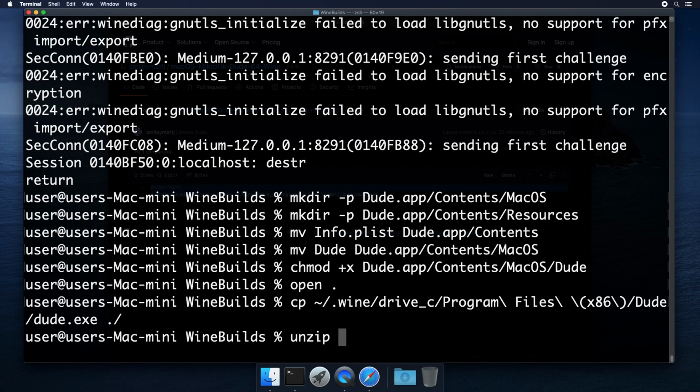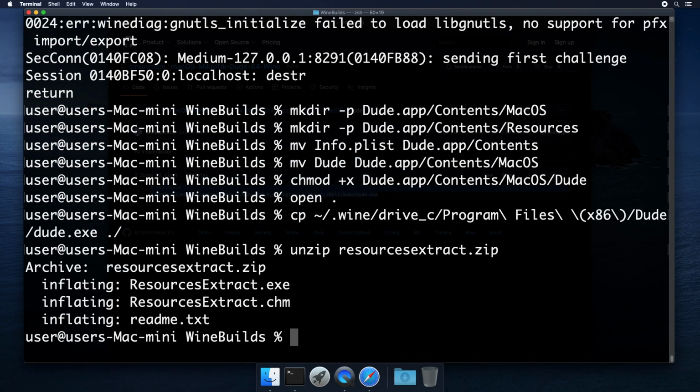Going to unzip the resources extract.zip. We're going to use wine to execute this resources extract.